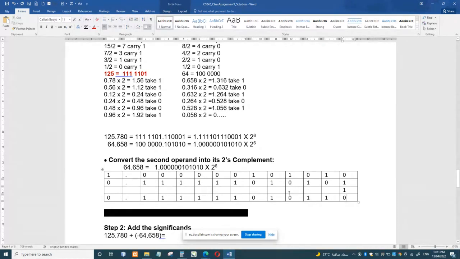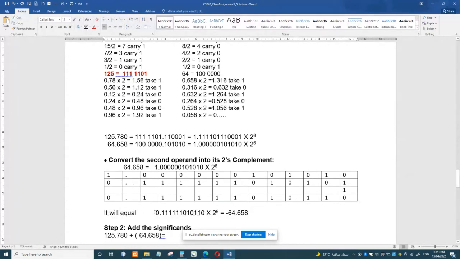Then everything will go as it is. So you can see 1 will come down, 1 will come down, and so on, and this is your representation for minus 64.658. And in fact, if you convert it, I have converted it, it will equal to